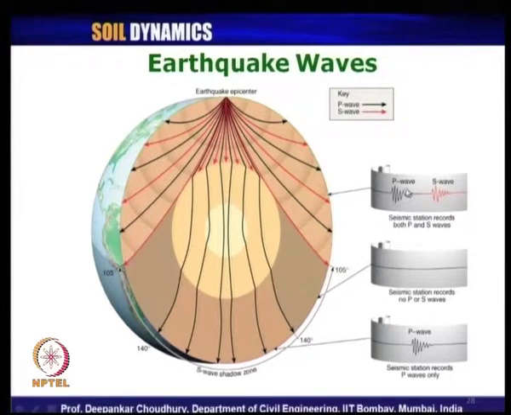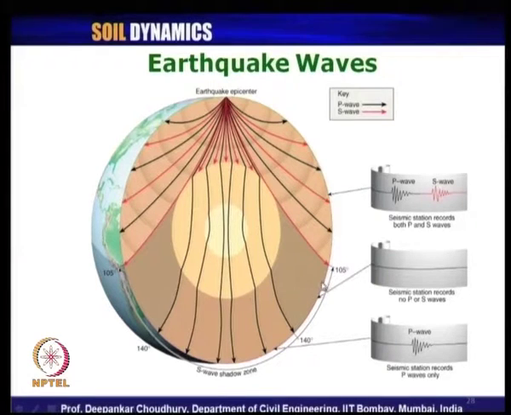And in the seismograph, what they are getting finally will look like this with respect to time, because as I have mentioned, the P wave has a very high crustal velocity. So, it will arrive first in the seismogram. There will be a time lapse between the arrival of the P wave and the S wave. Second, the S wave will come, because its crustal velocity is half of the P wave velocity, so it takes time. Then the S wave comes to your seismogram, and the record of the seismograph will look something like this.